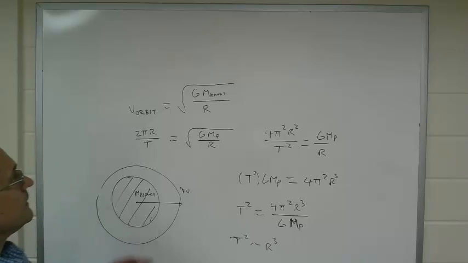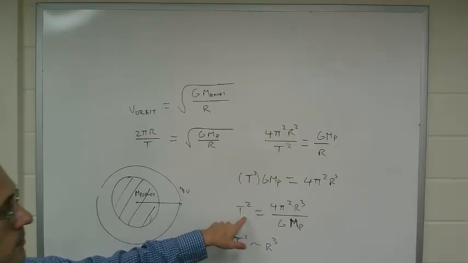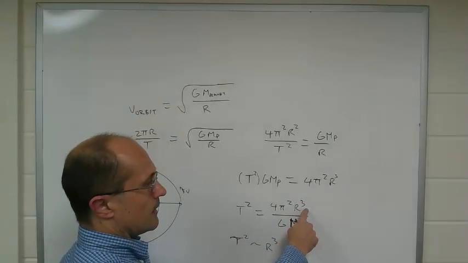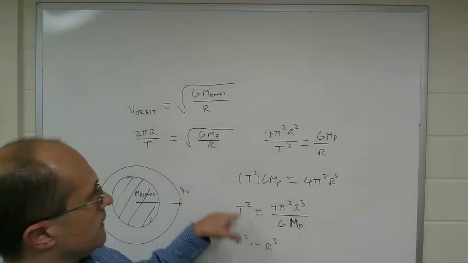So this is the idea of orbits and periods, that we see that there's a relationship between the period, the time it takes to orbit, and the radius cubed. And we can get the actual physical numbers by looking at